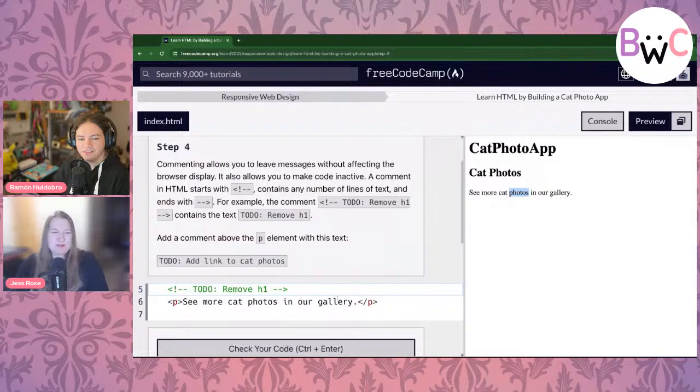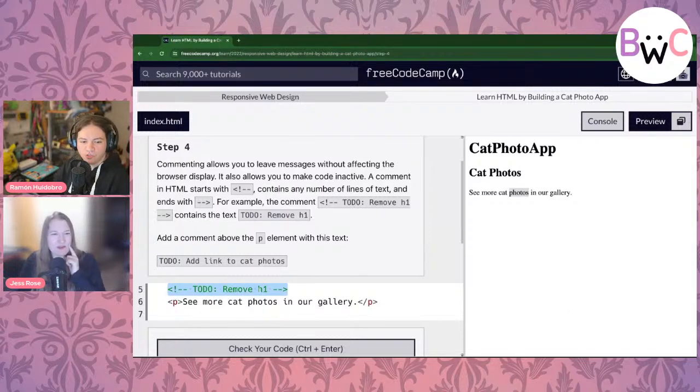This is important for when you're working on a team and you want to explain what you're doing. It's important when you want to leave your future self a note. Some people use them to leave fancy little secret messages. Sometimes for developer jobs, you'll see a website with instructions for how to apply for a job hidden in the HTML. That might be old fashioned, very 90s.